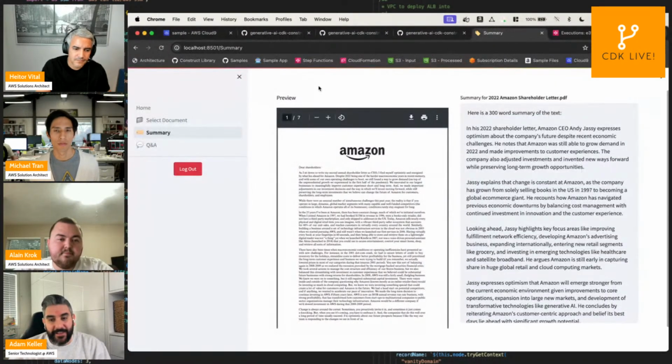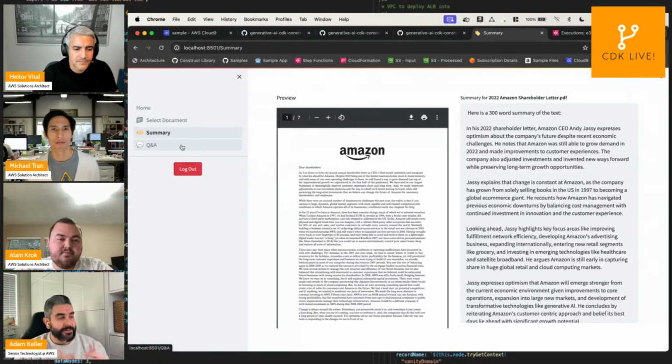This demo application is amazing, and it may not be exactly what you need, but it's almost there. You can take this, build on top of it, make it yours. It's such a cool starting point because, look, with generative AI, at the end of the day there's ChatGPT, there's Q, there's all these really cool models out there that we can talk to, these LLMs, but building it on your own can be a daunting task just to get started.